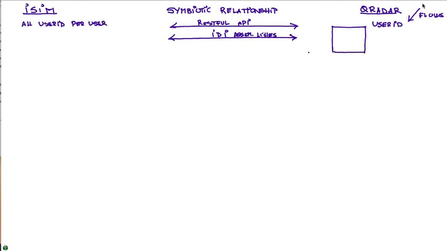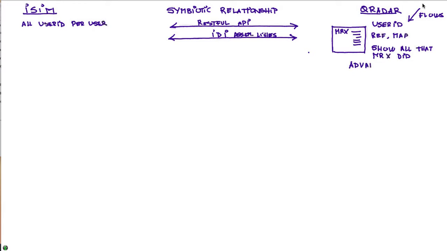So what we can do is give QRadar a hand by creating what is called a reference map. It's a data structure in QRadar that basically reads something like, we have Mr. X, and these are all the user IDs that Mr. X has been provisioned to. In fact, we showed a video of this a while back. So when in QRadar you want to ask the question of show me all the things that Mr. X did